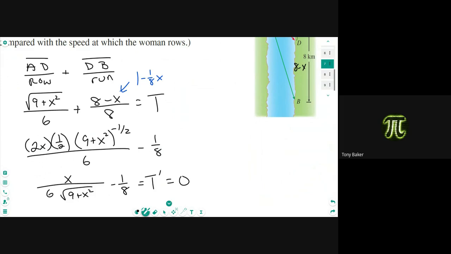That's what you should have gotten for the derivative. All right, solve for